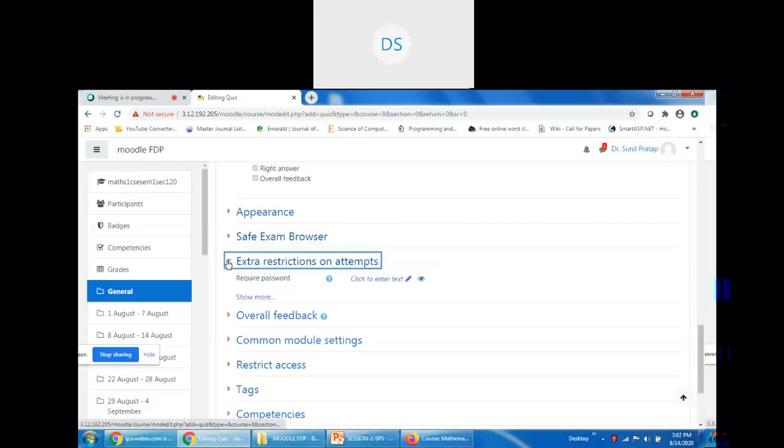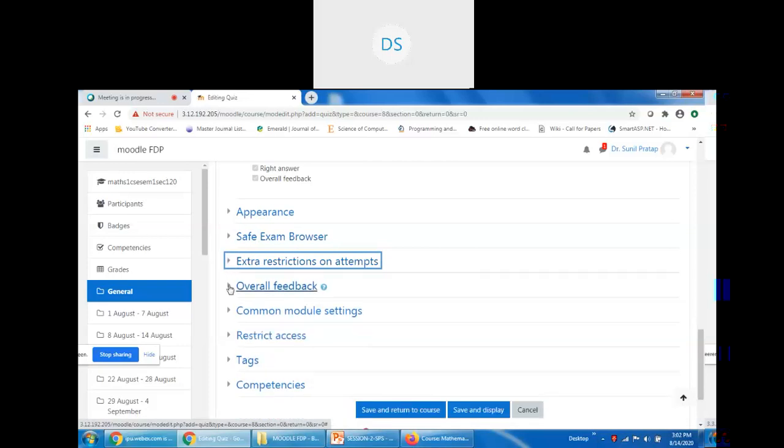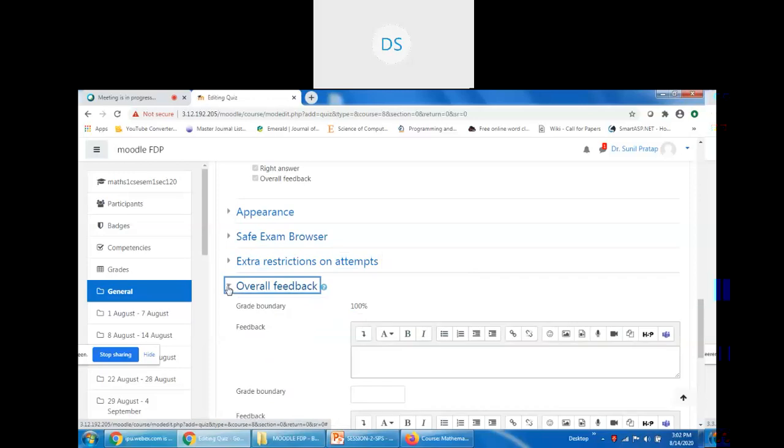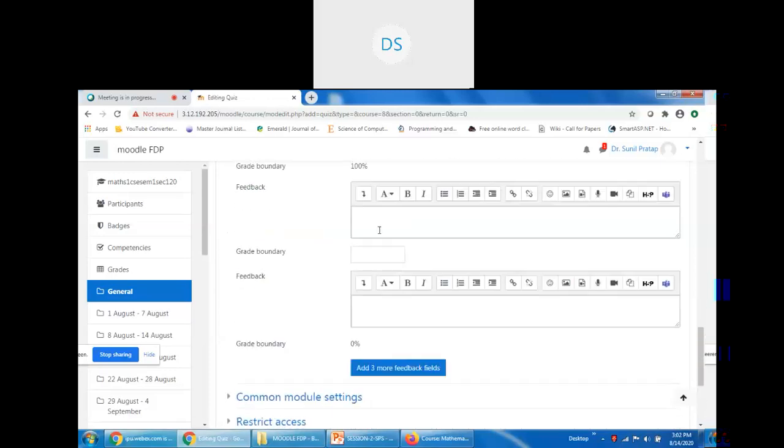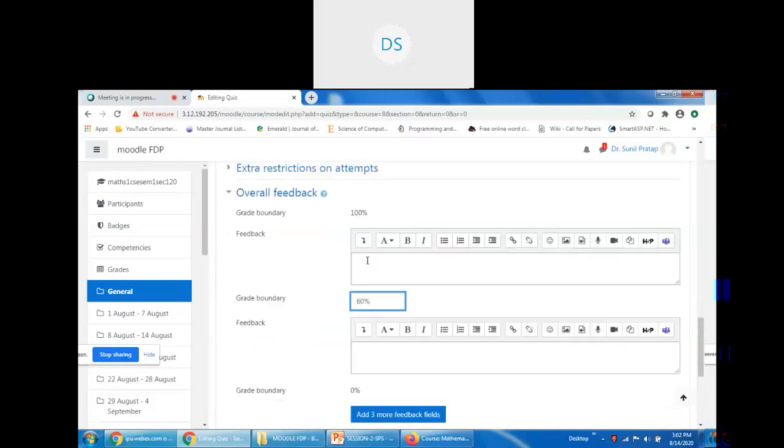So next is extra restrictions on the attempt. You may set an extra password for security of the quiz. Overall feedback you can set here. These are 3 options. I may type 60% here. This means when the student scores between 60% to 100%, you may write the feedback for this situation.